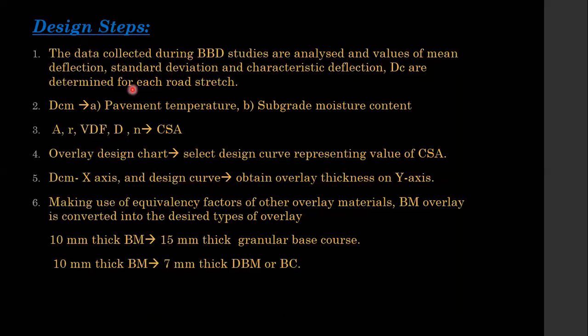And listen to this step carefully. This is a design step which includes design of all the layers. That means which you have done in the previous class also. In the previous class, you placed the lorry, and in between the two tires you placed the probe beam, and you took three readings. That is D0 at zero reading, and your truck will move for 2.7 meter distance, and you will take DI reading. DI is the intermediate reading, and the final reading is DF, which will be at a 9 meter distance. Like that, you will take readings at a number of locations.